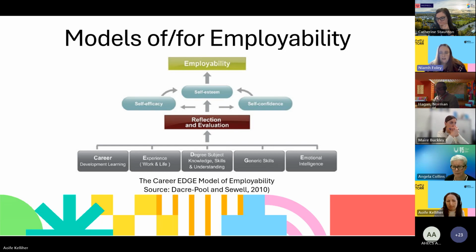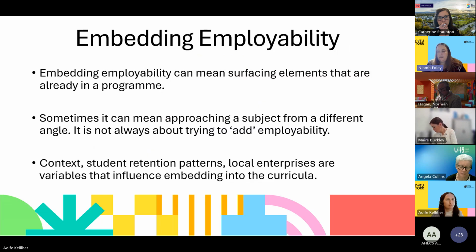And I suppose then as well, emotional intelligence, the recognition of their own feelings and those to motivate others, and their relationship within the team, and then their life experiences as well, I suppose, is important. So how do we knit those five to move up the ladder to that self-esteem, self-confidence, self-efficacy? And I suppose, what kind of reflection and evaluation do we utilise to deliver to our students going forward? So then I suppose that moves on to embedding employability on the next slide.